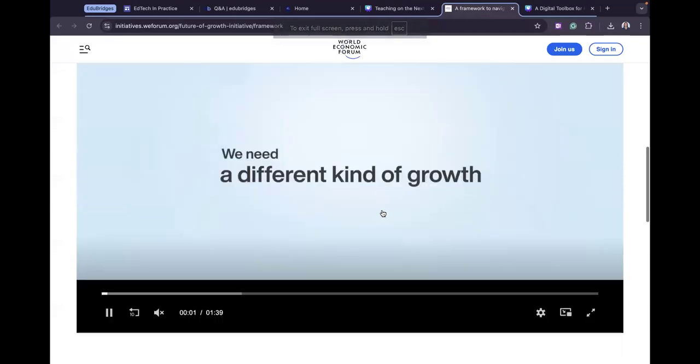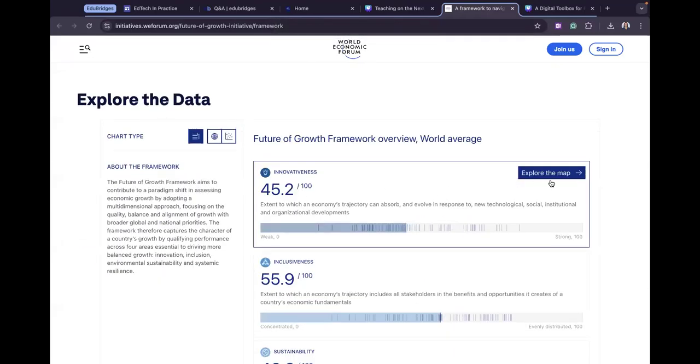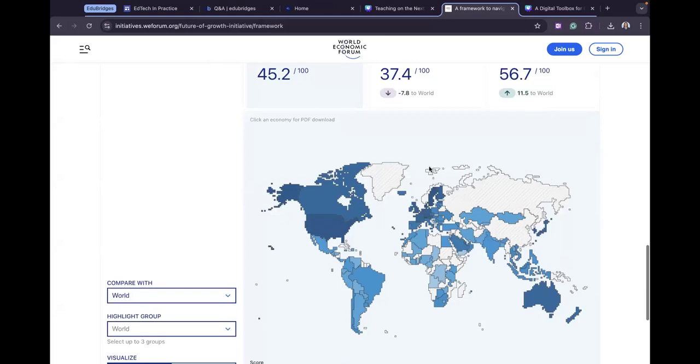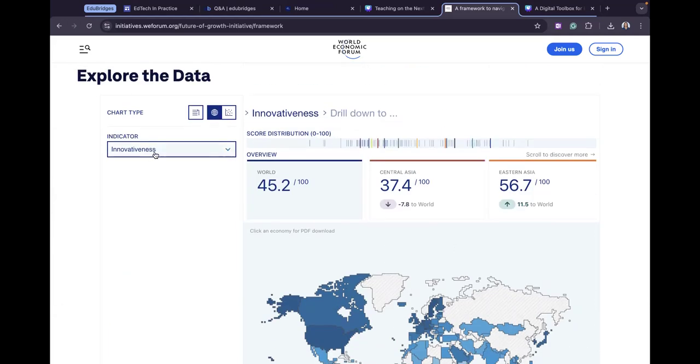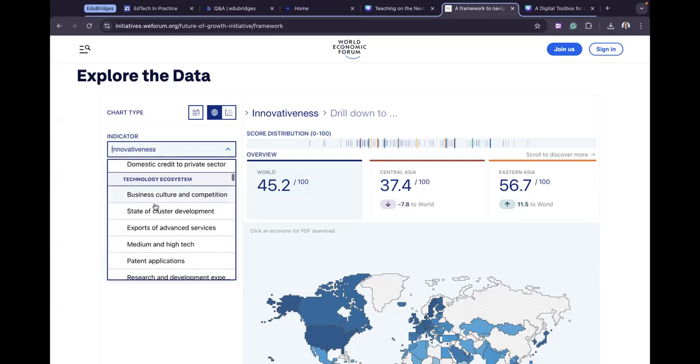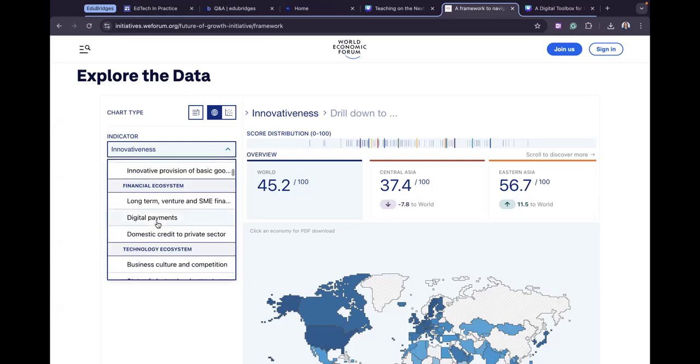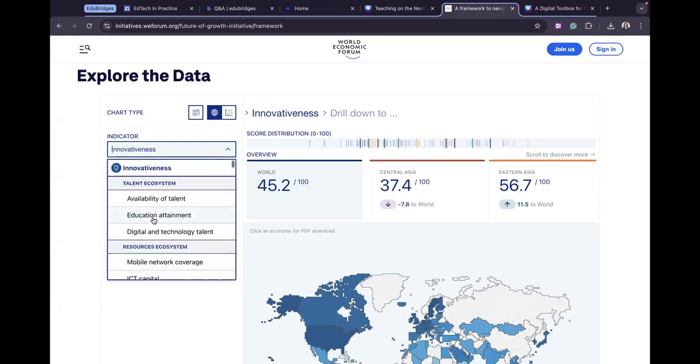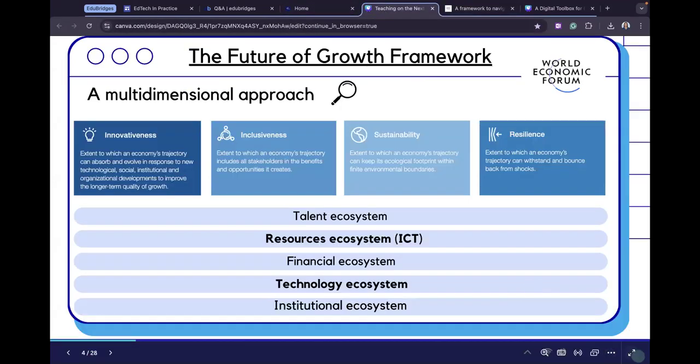If you go further with that link, you would scroll down, for example, and then let's say innovativeness. I explore the map, and then you can hover over the maps and see the countries, how they are developing. This can trigger an example or an inquiry with your students about the development in innovativeness, for example, or other ecosystems over here and what's under them. For example, digital payments, education attainment, and so on. Now, why am I bringing this? I'm going to take you back to the presentation